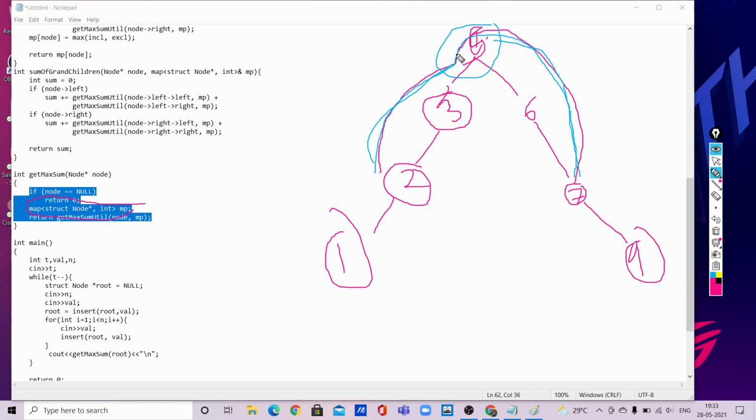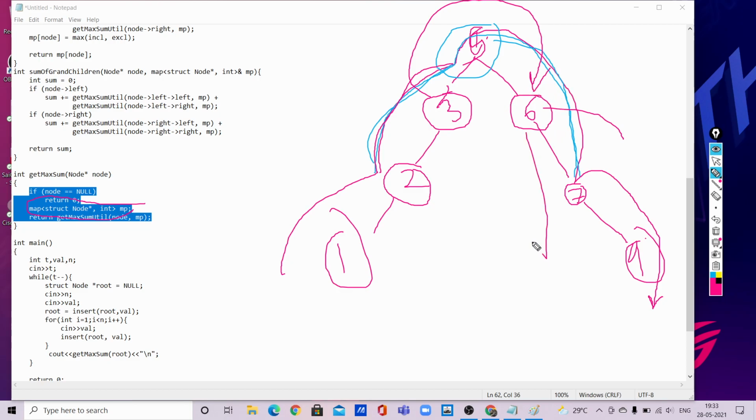Then in that scenario, while calculating for 5, we have taken 2 and its subchildren, and while calculating for 5 in the right subtree, we have calculated for 7 and its subchildren, the grandchildren. We have to not take a child, we have to take grandchildren of it. And while calculating 6 also, this 6 might be coming in another solution, meaning there are subproblems in it. So while calculating for 3, we may come to a point where we have to calculate the maximum sum for 6, meaning 6 and its subchildren and its grandchildren and so on.